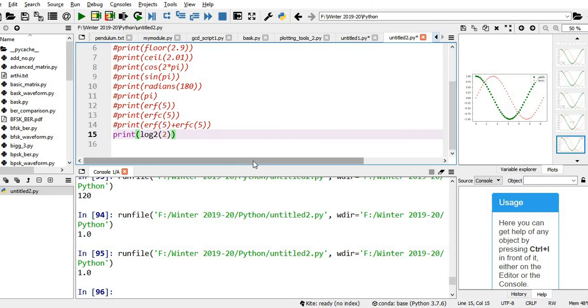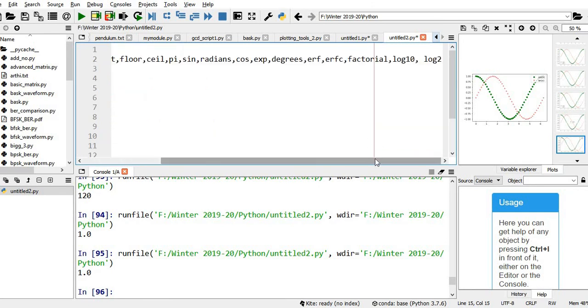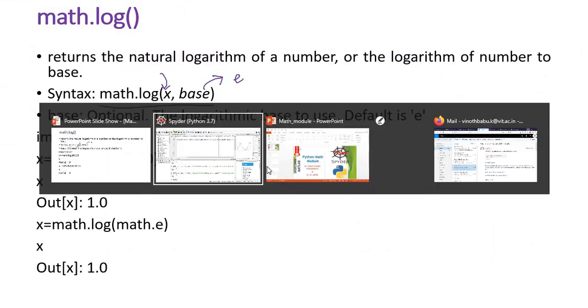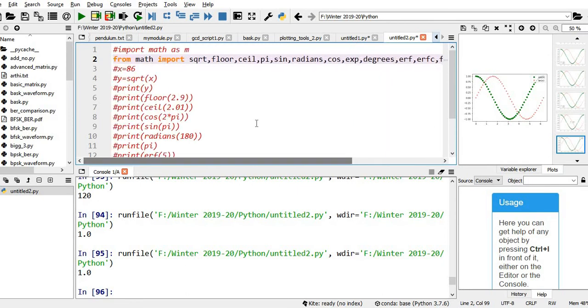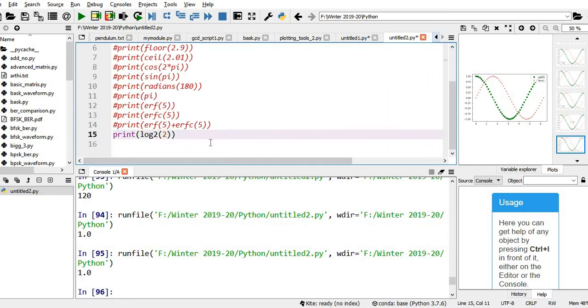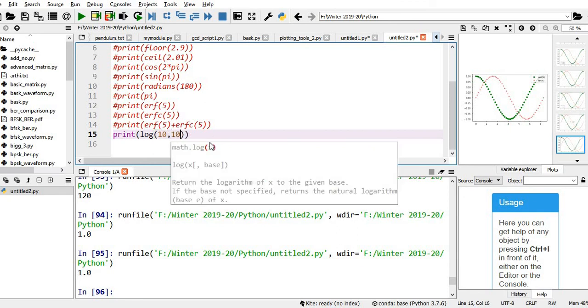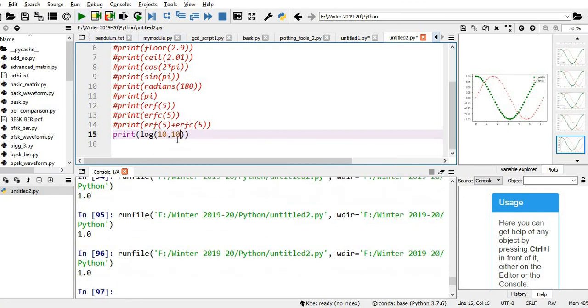So let us try that. Print log. I'm just giving 10, base also 10. So it should give 1. Yeah, it is giving 1. Suppose I am not specifying anything, log e base e. We know that e is already defined. Let me give that e, log e.